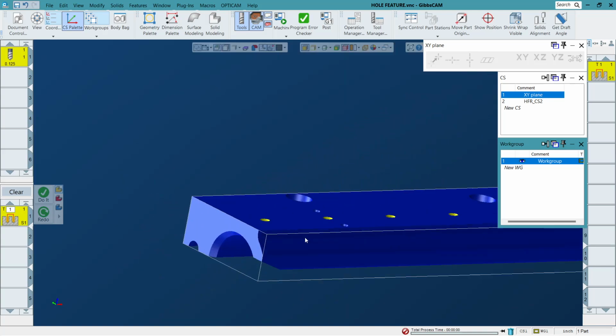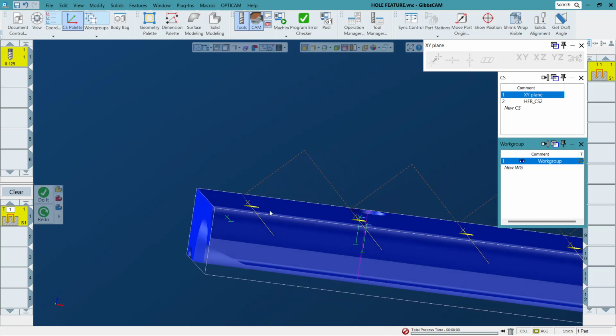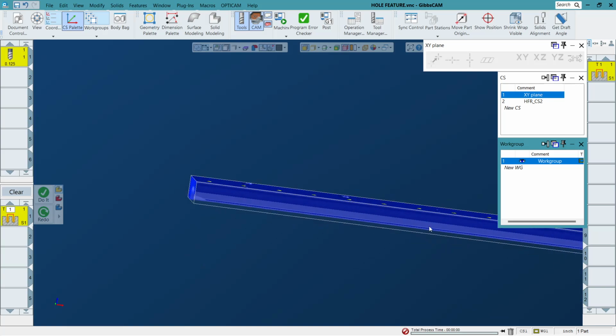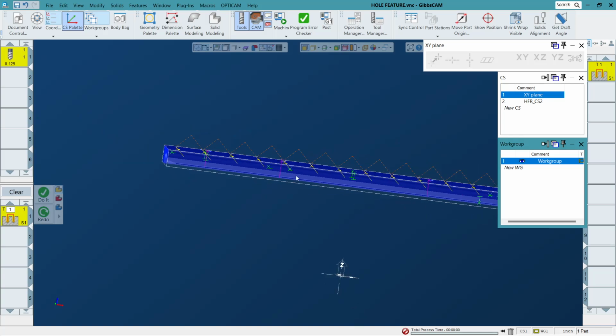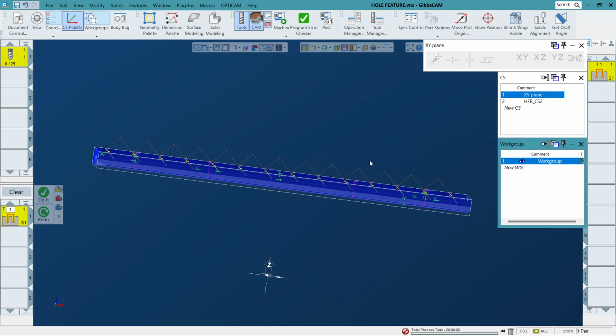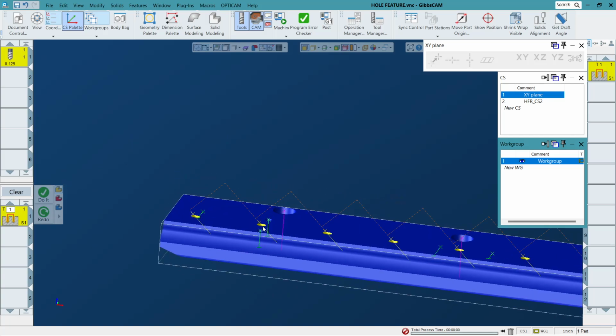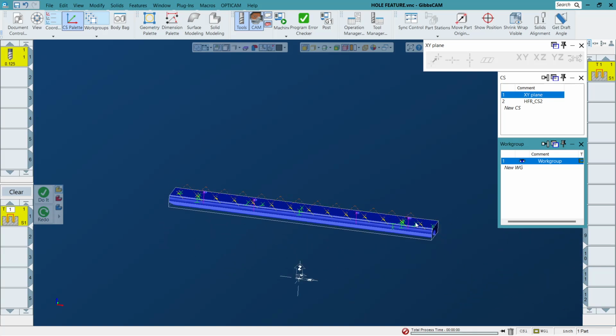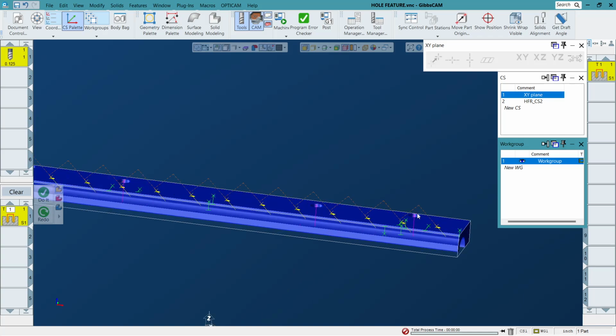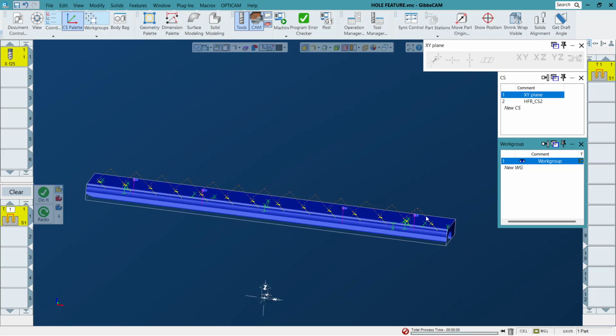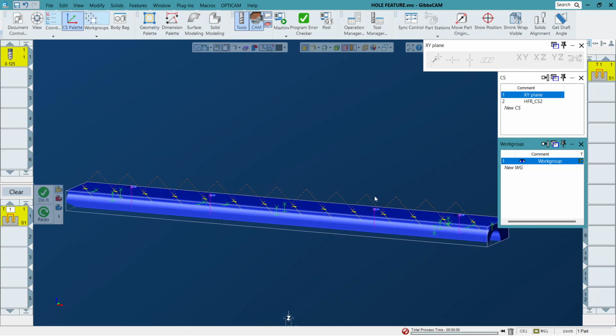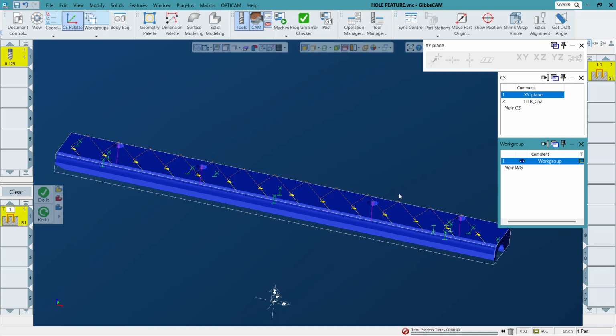Okay, and you can see it starts from point one and it drills, and then it moves out and then drills. But here is the thing. It depends. If it starts from somewhere up here, I think it will be fine. But if it starts from here, sometimes the tool will crash into the part and move up. I broke one tool because of this. So it depends on your post, depends on your MDD. You have to look. But for me, I think the safest way is just return